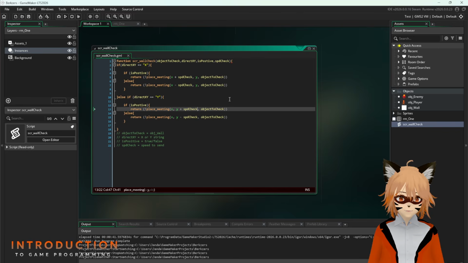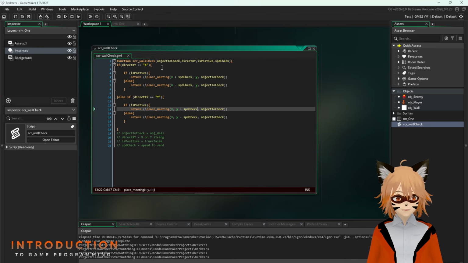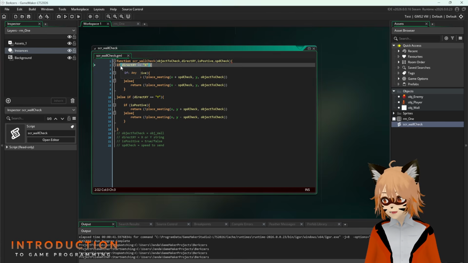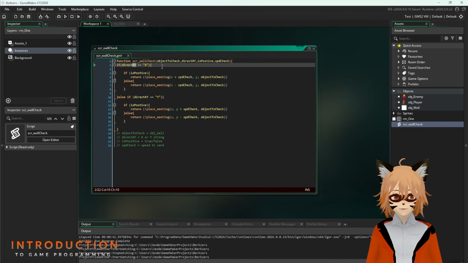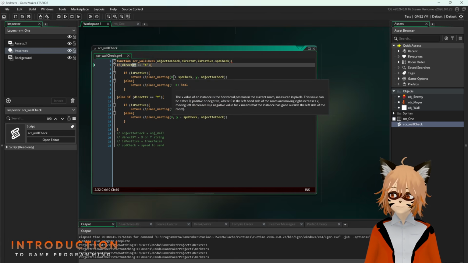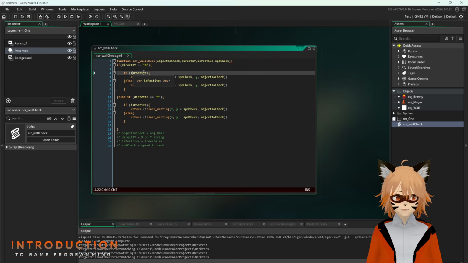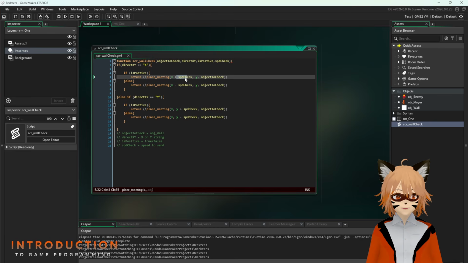So basically the logic is we are first checking if it's an X or Y direction. If direct XY is X, we're basically checking the X. Then we're going to check if it's positive. If it's positive, we are going to check